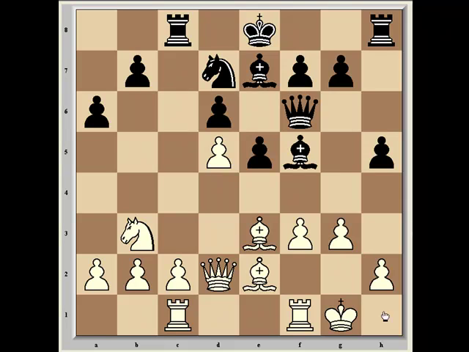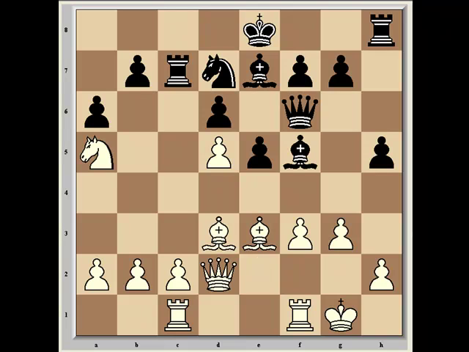And having completed development, Caruana now set about making some threats of his own, with knight a5, attacking b7, but more importantly, the c6 square, meaning that if black ever tries to expand on the queen side with b5, then knight c6 is going to be a very nice outpost. And this is the beginning of a plan of squashing black on the queen side, which seems to have promise at the moment. So Naka defended b7 with his rook, and now Caruana played bishop d3, and Nakamura took the